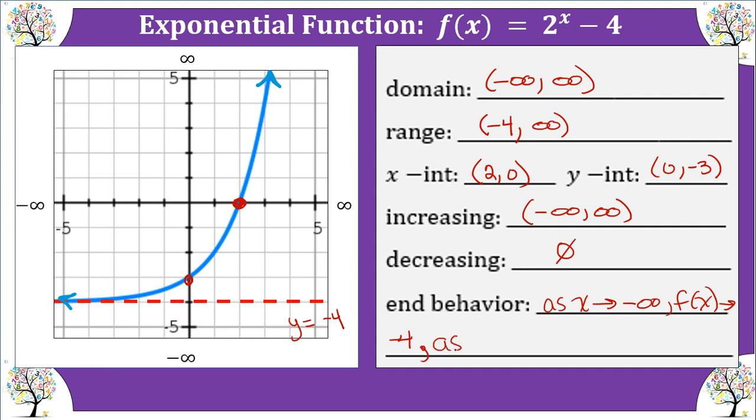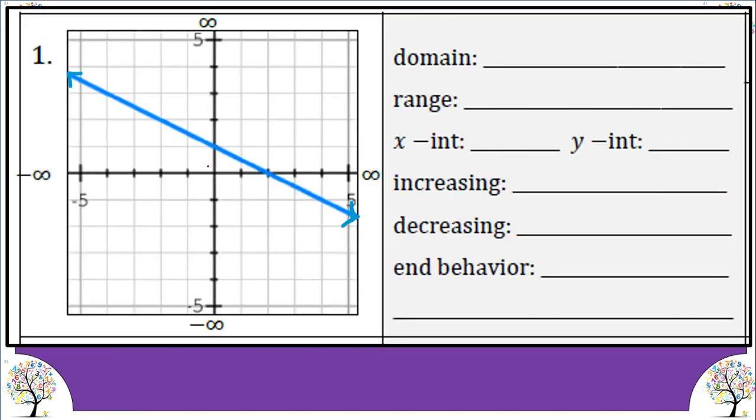And then as the x values approach positive infinity, the output values are going up toward positive infinity. So the end behavior is all about the ends of our graph, where they are headed. Okay, let's look at a few more